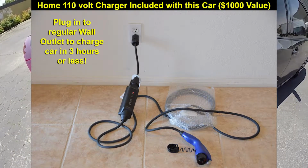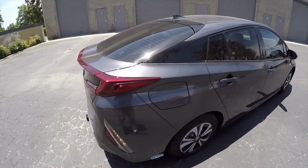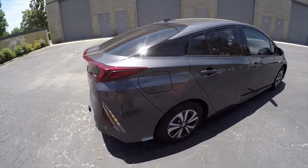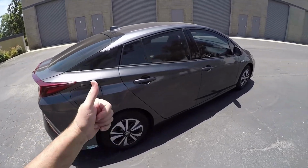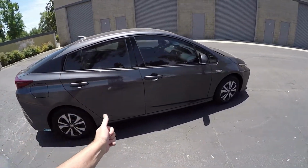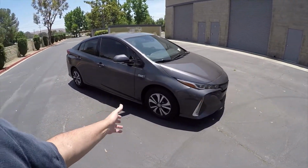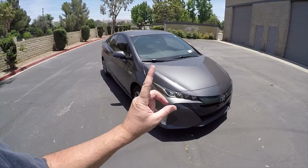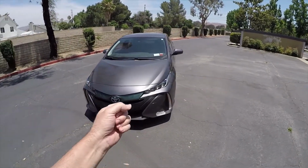I understand if you live in an apartment and your landlord doesn't want you to plug in cars in the parking lot. That's too bad. But you should buy the car anyways, even if you live in an apartment, because you don't have to plug it in. You never have to plug it in. You could own this car for 100,000 miles or 200,000 miles and never plug it in, not one single time. But you want to plug it in, because if you do,